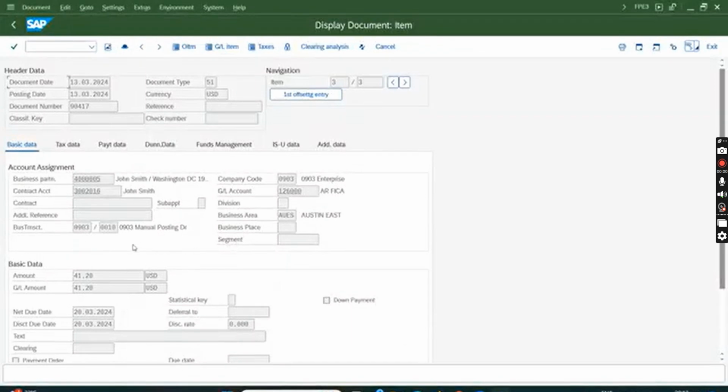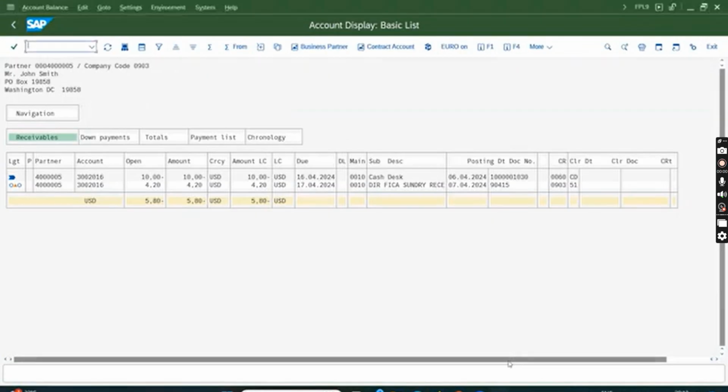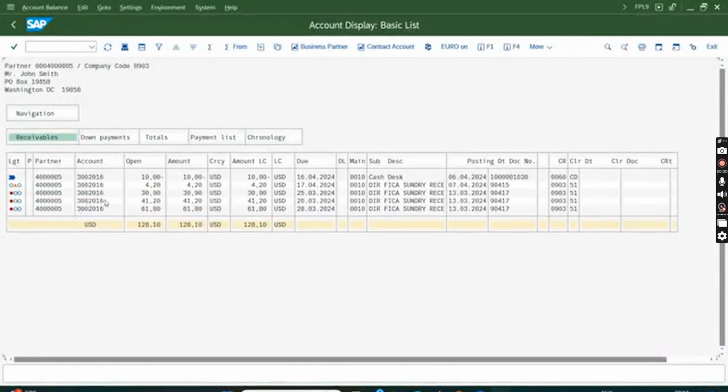Oh, sorry. Although I entered minus, my sub transaction was 10, so it will not take minus. Okay, so I should have changed the sub transaction. Anyways, now I have more debits. I have, I think, 4 debits and 1 credit only. Okay, so this same document is repeating 3 lines. So let me post